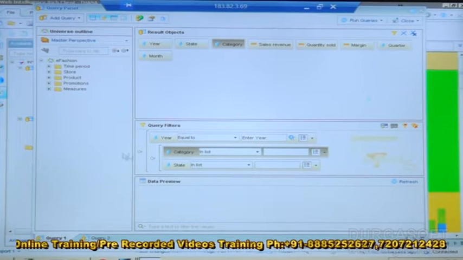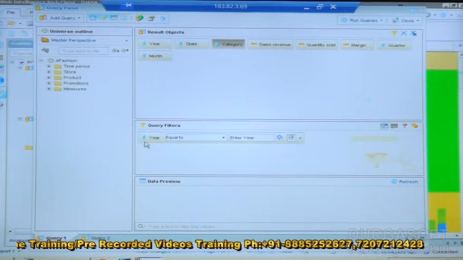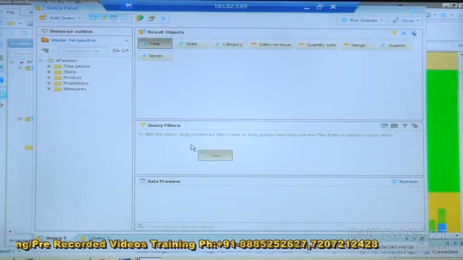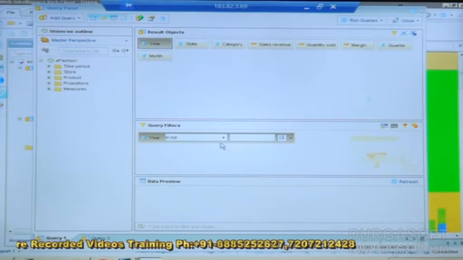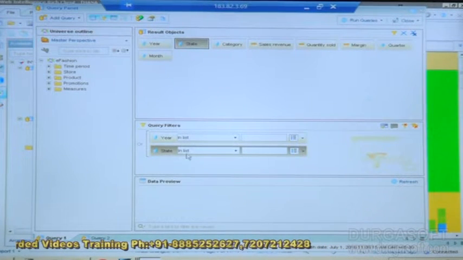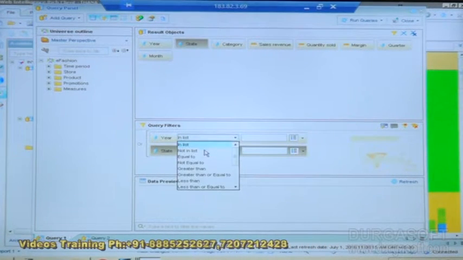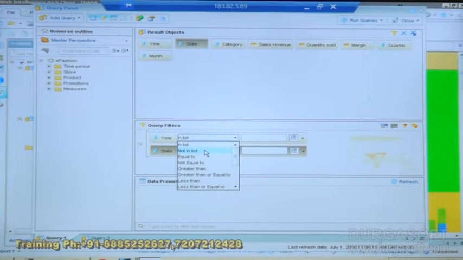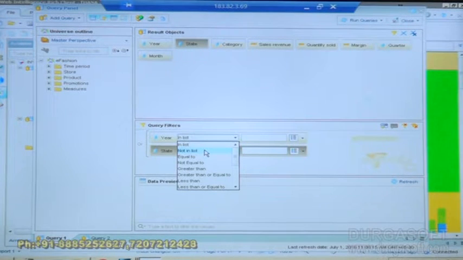If you don't need it, just uncheck it, just drag and drop, and it will be deleted. And if you want to add an individual one, just drag and drop from here. I can drag and drop the rest of the elements from here also. So we can use the OR operator, the AND operator, not in list, in list, as well as between, the range, and greater than, lower than. All these are examples.